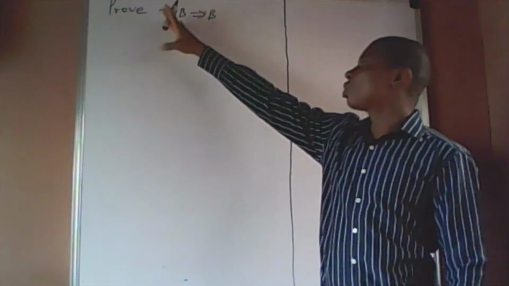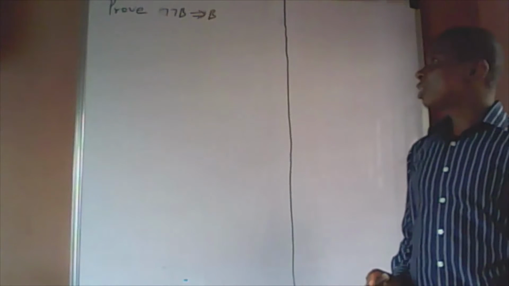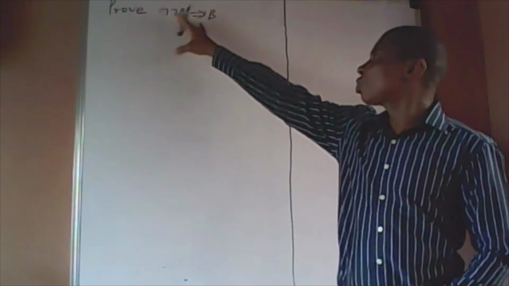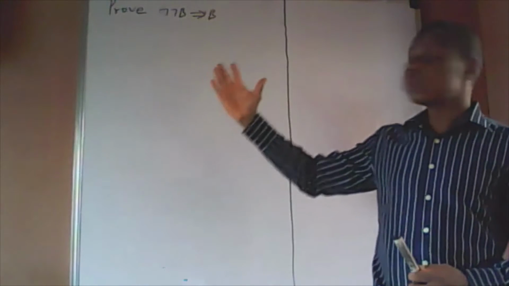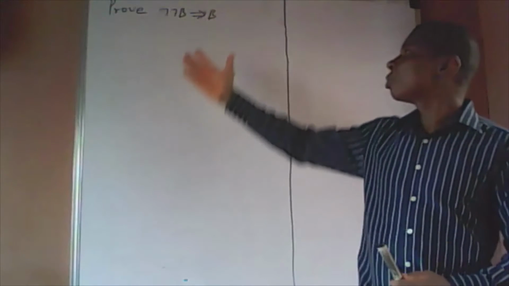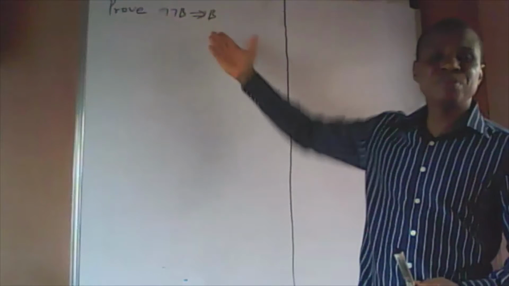Today we are going to prove not B implies B. This is propositional calculus. We are asked to prove not B implies B. We are going to use axioms to prove this statement, or proposition, that says not B implies B. We start with